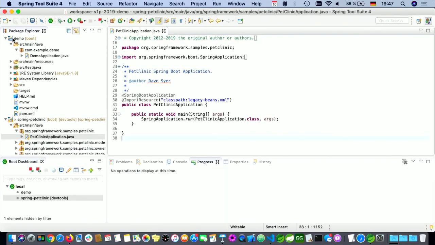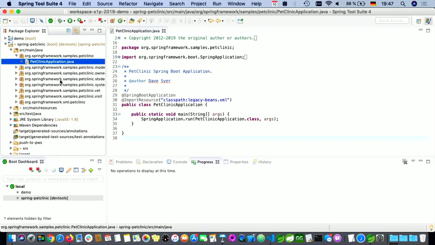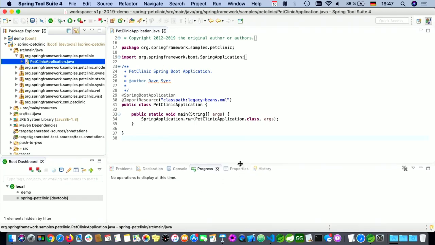But I would like to go back to my more favorite demo project. Of course, it's Spring Pet Clinic, as usual. Right? No demo without Spring Pet Clinic. I have a Spring Pet Clinic project here. And the interesting thing is, if you're not familiar with this project, or you would like to find certain things inside of this project,